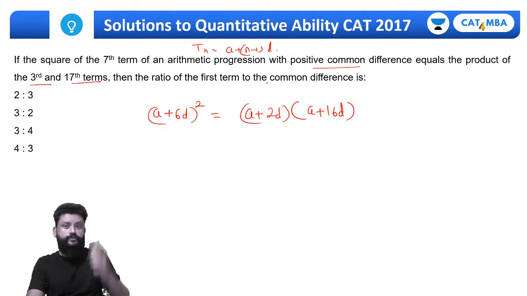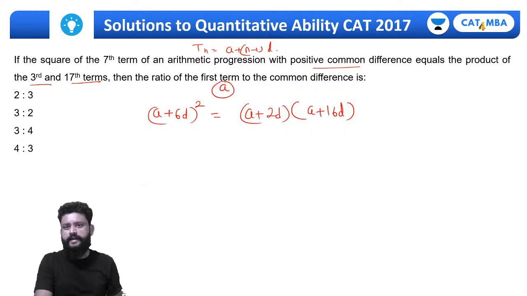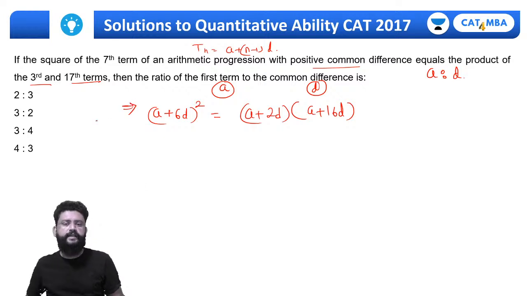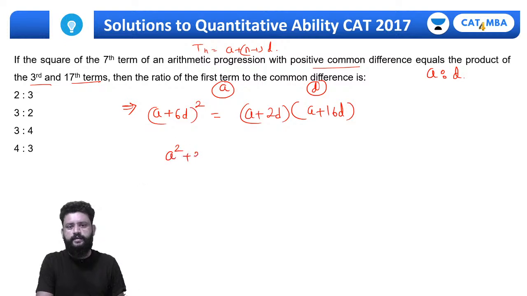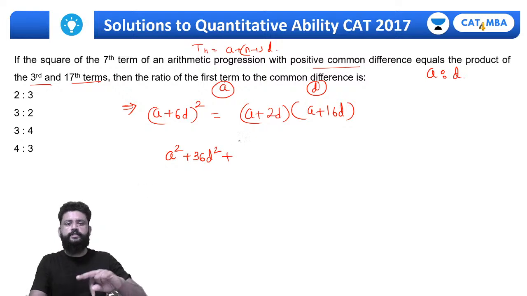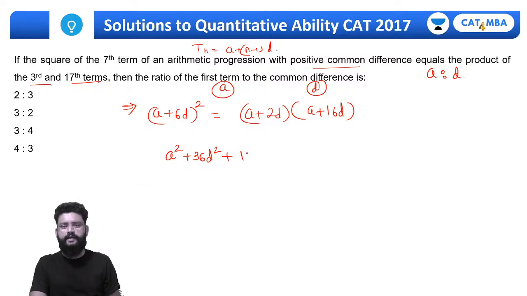Then the first term is a and the common difference is d, so we need to find the ratio of a to d. That's quite easy, guys. Now it has become a really easy question. You have an equation, and you don't need the values of a and d, just the value of the ratio of a to d. So (a plus 6d) whole square is a square plus 36d square plus 2ab, let me do 2 into 6 which is 12ad